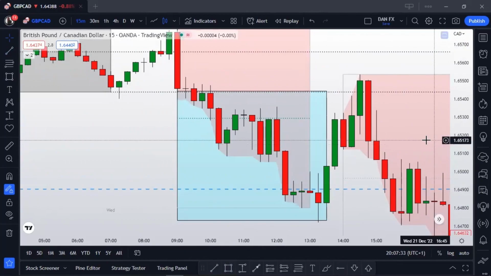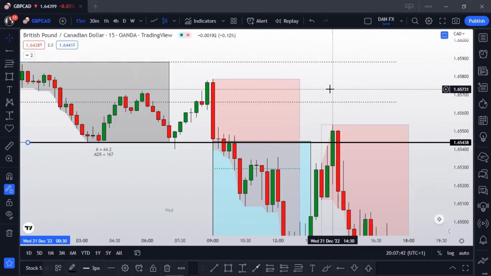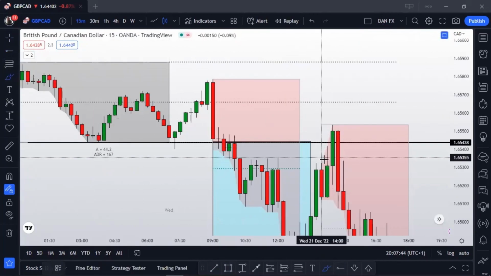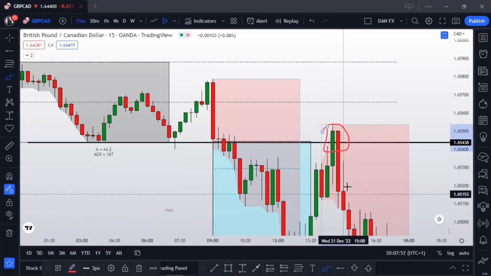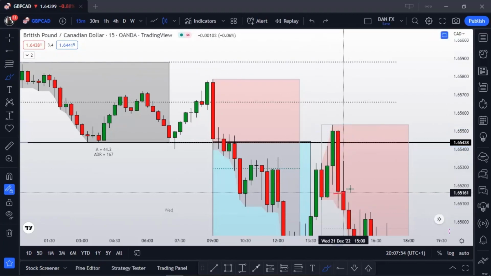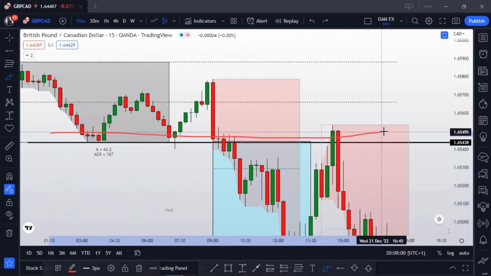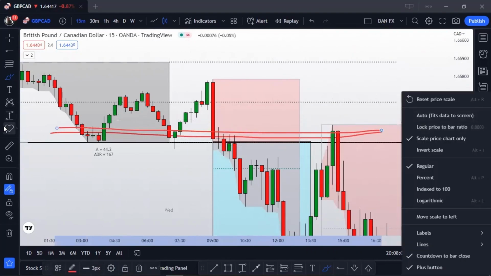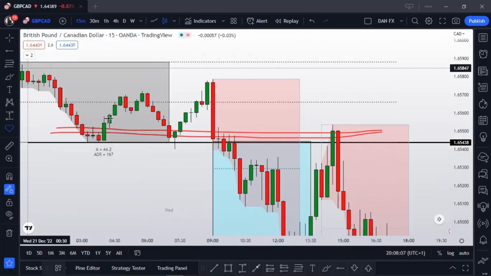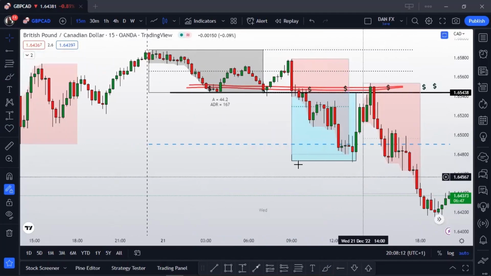Now, look at this. If you zoom in, this is your support level. And we basically see that they close back inside the support level and then they immediately shift away from that level. Why do they shift away from that level? It is because they know that a bunch of stop losses are located in this area, which basically means that there is liquidity sitting above this area, which they need to collect in order for them to make